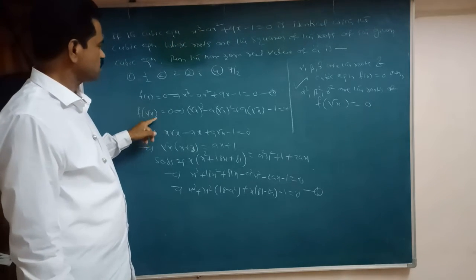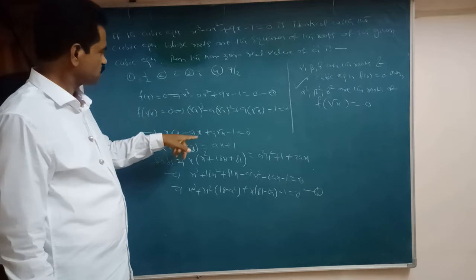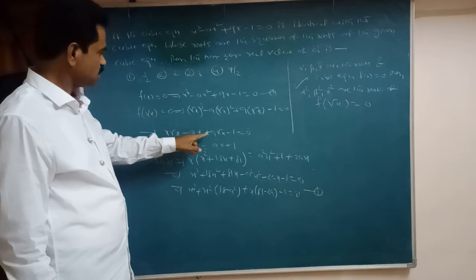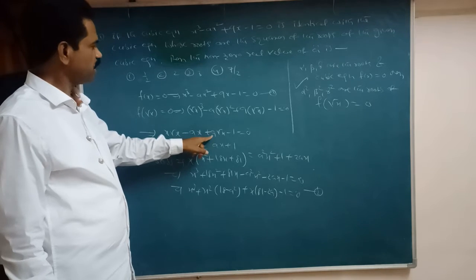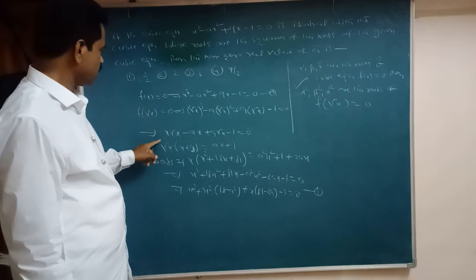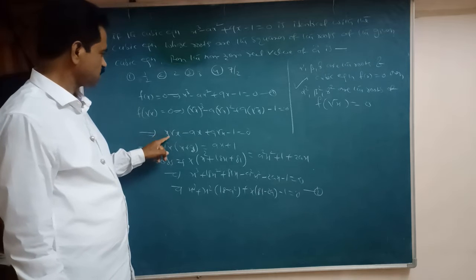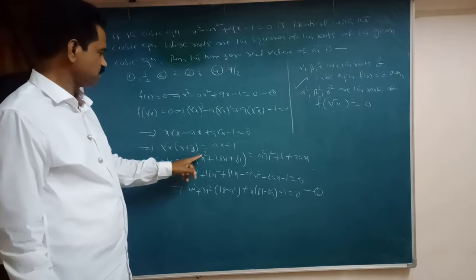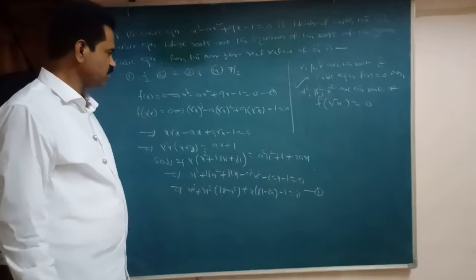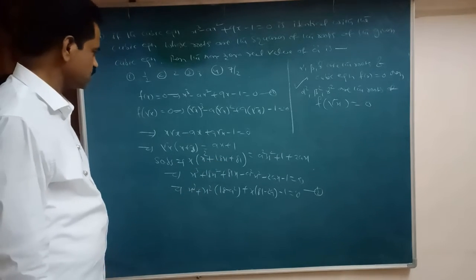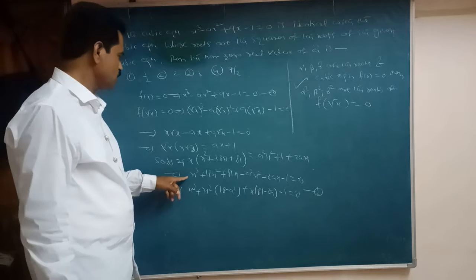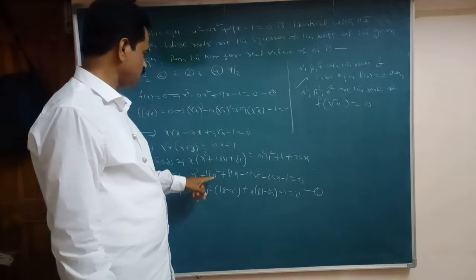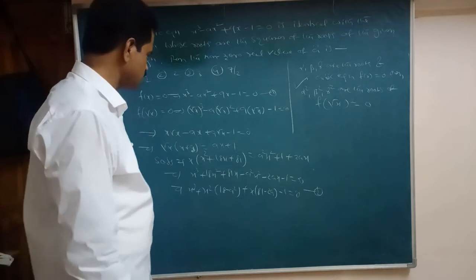F of root x. So that is a root x, a into x, this is ax. So it is x equal to 9 root x minus 1. So squaring on both sides, this is x plus 9 ax plus 1. So x into x square plus 18x plus 81 equal to a square x square plus 1 to x. Get this side x cube. So it is how much here? X square. So what is here? X square common, 81 minus a square.